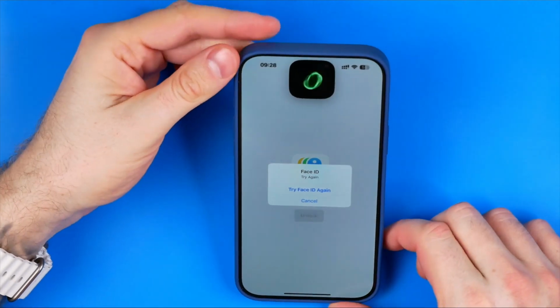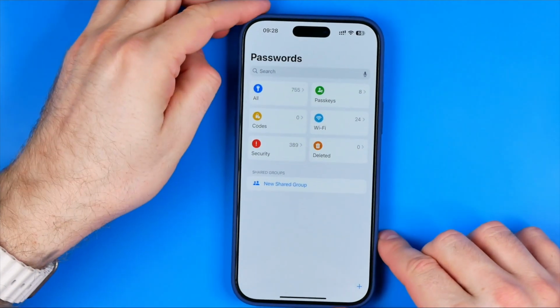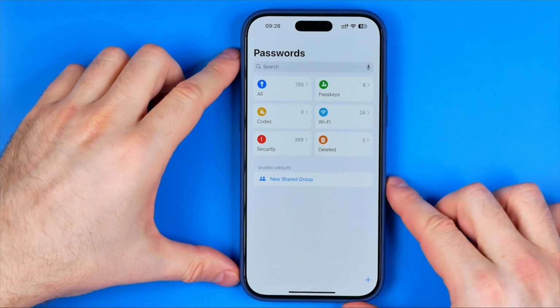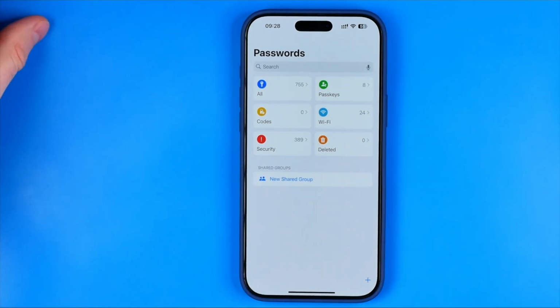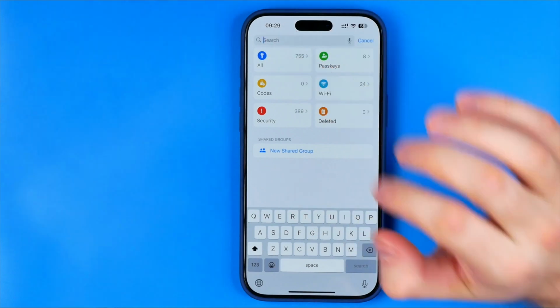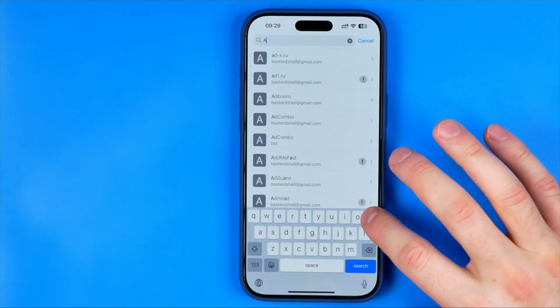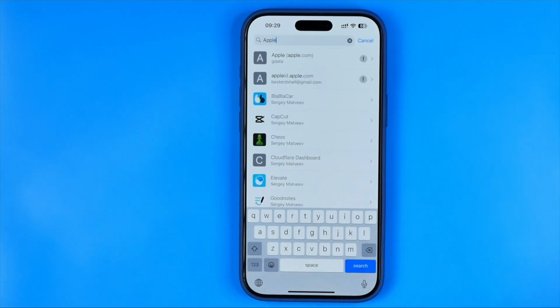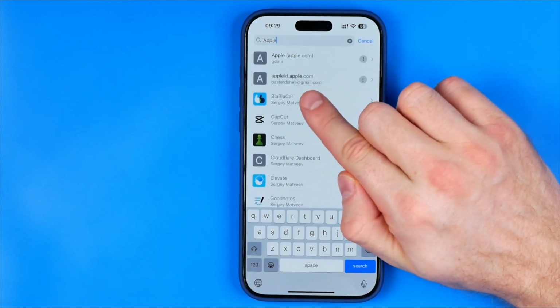Face ID is required to continue. And now there we can use this search box to search for any password at any website or application. To do that, hit right here and then just enter Apple here. As you can see at the second row, I have that